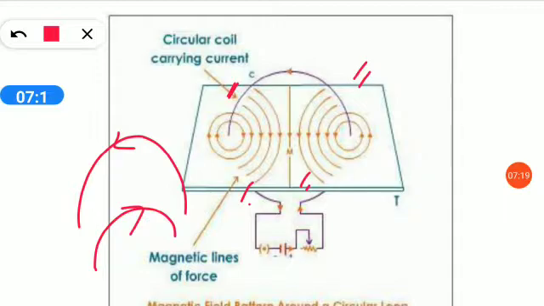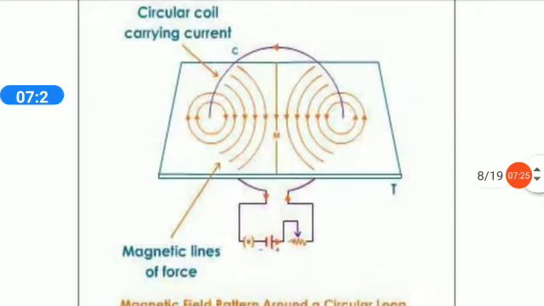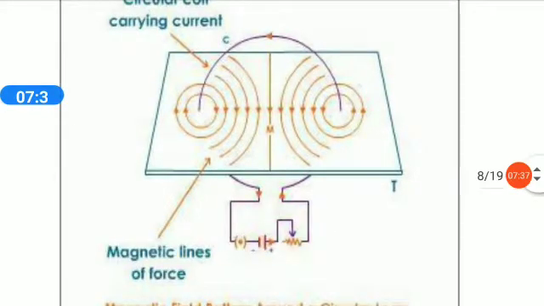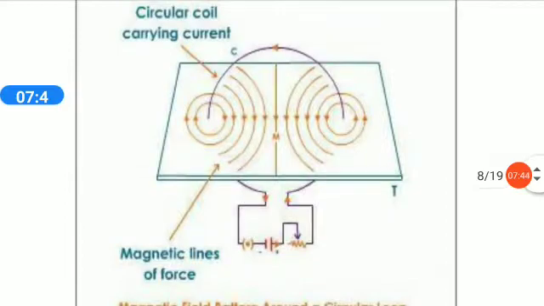Now for this, take a rectangular cardboard having two holes M and N. Take a circular wire, as you can see in the picture, with a large number of turns in the form of a loop or coil, and pass it through the holes M and N in the cardboard. There is not only one; you can make a large number of loops, coils, turns. Connect the free end of the loop in series with the battery.